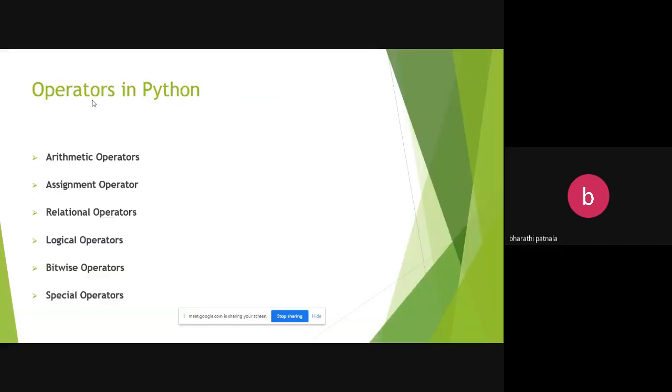So coming to operators. An operator is nothing but something you use to perform certain types of operations using operands. An operand is nothing but any variable or any expression.